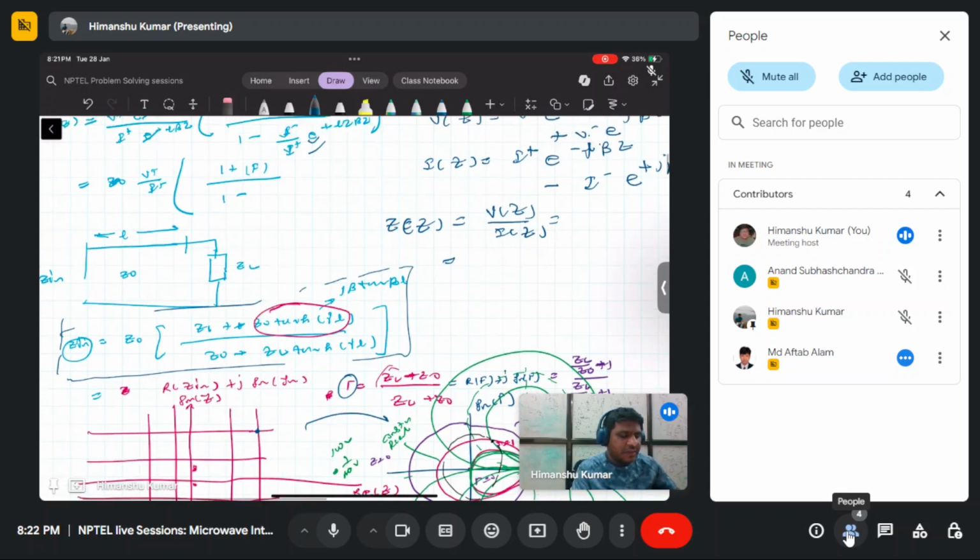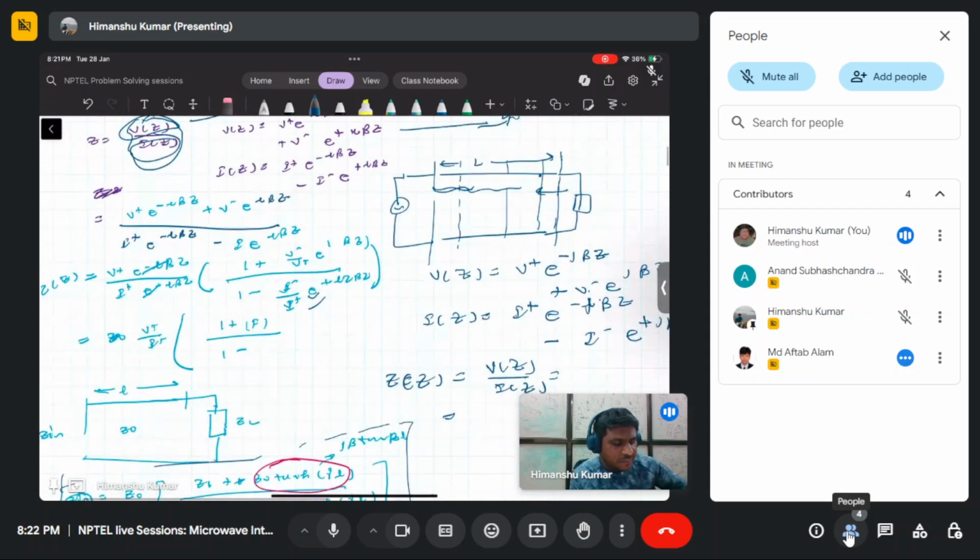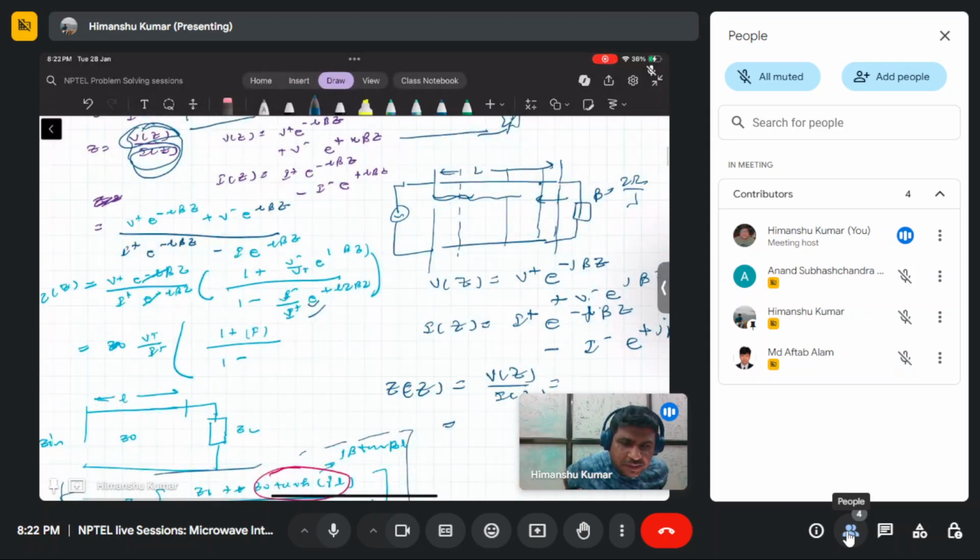Here, beta is your propagation constant. Beta is roughly equal to 2 pi by lambda, and Z is the distance. You can consider it from the source side also, or from the load side also. So beta is just the wave propagation constant in the forward direction,